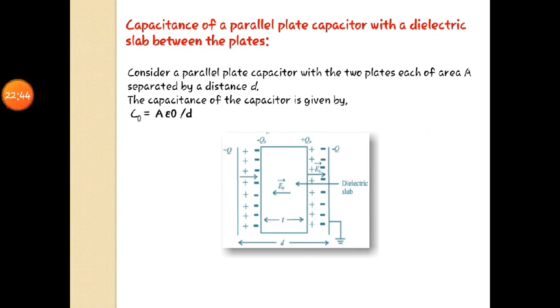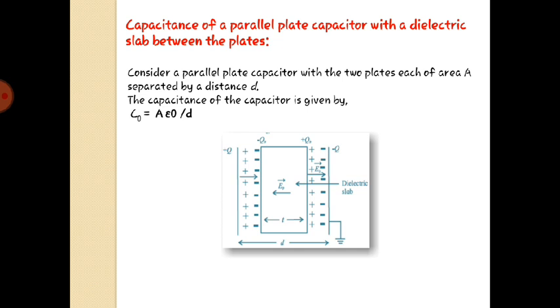To study what happens when we introduce a dielectric slab between the plates, we have to find out the value for capacitance when no material is there in between them. That means before introducing the dielectric slab in between the plates, what is the value for capacitance and what is the value for E0, or E, you can say. That we have to find out, right?